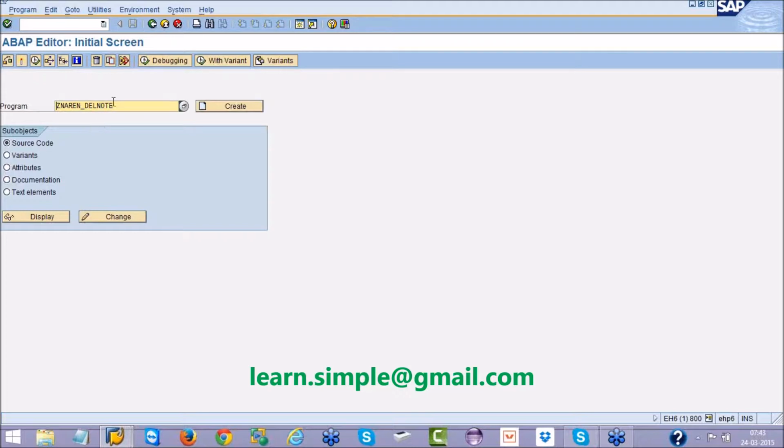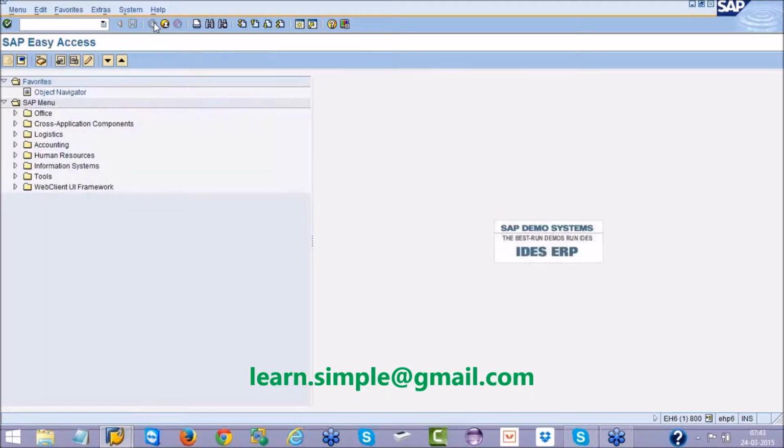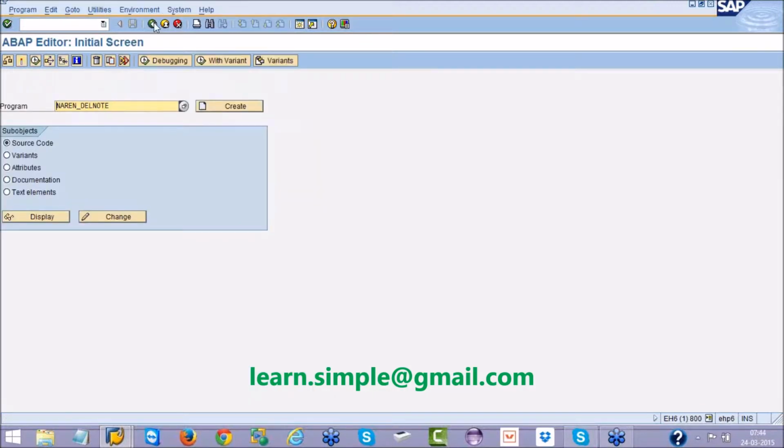Then one more important point, if you want to download the script into your desktop, go to SE38 transaction. SAP has given a standard program for this. The program name is